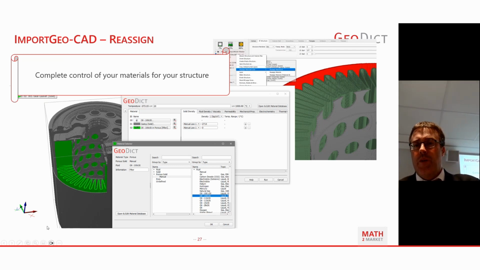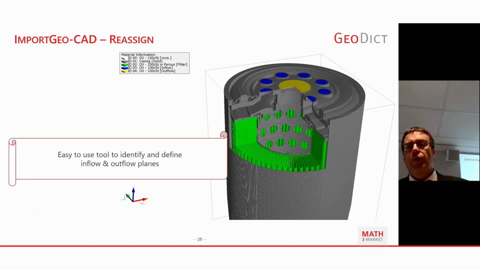Okay. So the next step will then be we continue with the reassignment. We have now changed the material IDs. Now we also need to specify some sort of inflow and outflow. The inflow here are several inflow holes actually going through the same circular area down there. The flow will go to the boundary, going down there through the pleated filter into the middle and then up again through this outflow. But, well, I said, okay, this will be the flow direction.